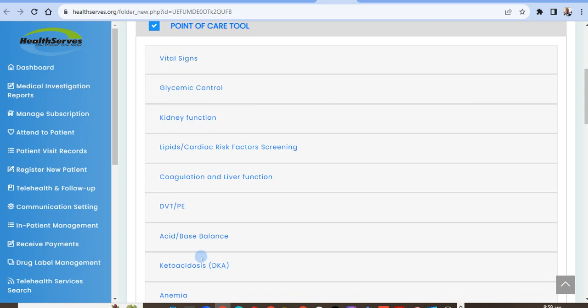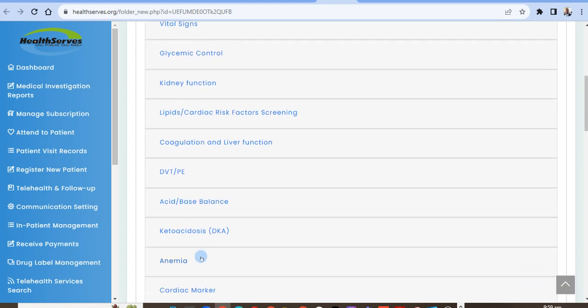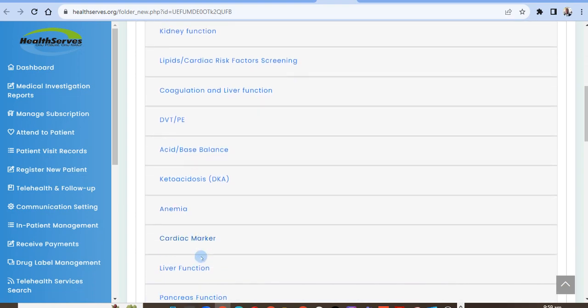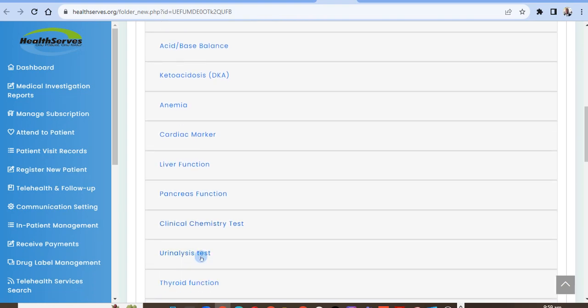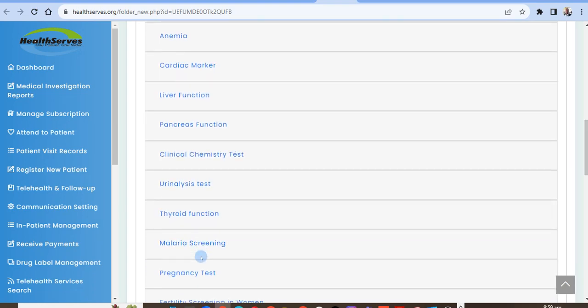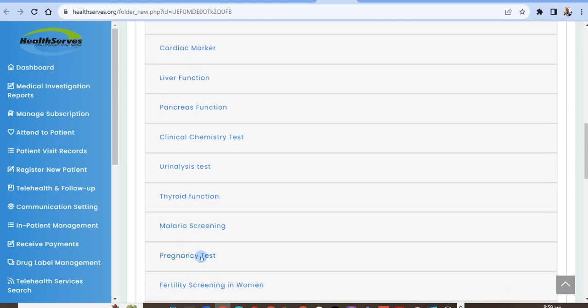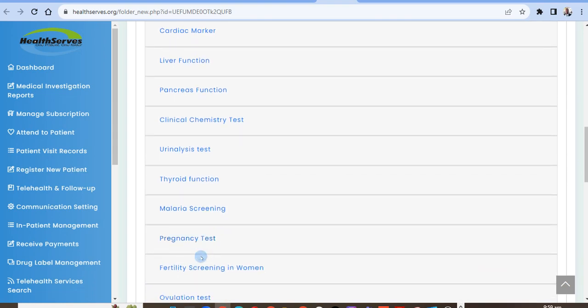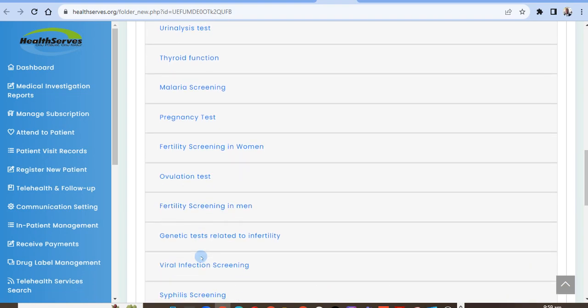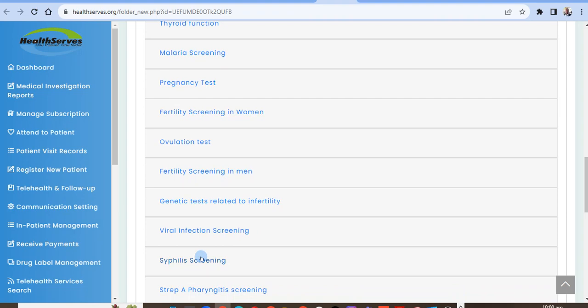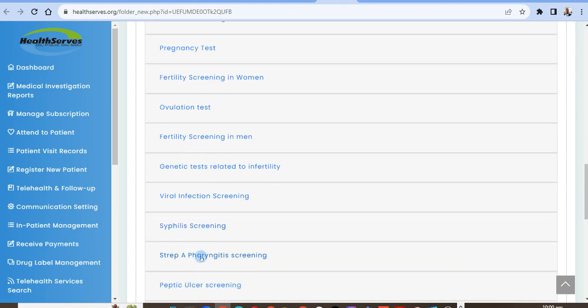That is what this test is about. Acid-base balance, ketoacidosis, anemia, cardiac marker, liver function, pancreas function, clinical chemistry, urinalysis, thyroid function, malaria screening, pregnancy test, fertility screening in women, ovulation test, fertility screening in men, genetic tests related to infertility, viral infection screening, syphilis screening, strep A,